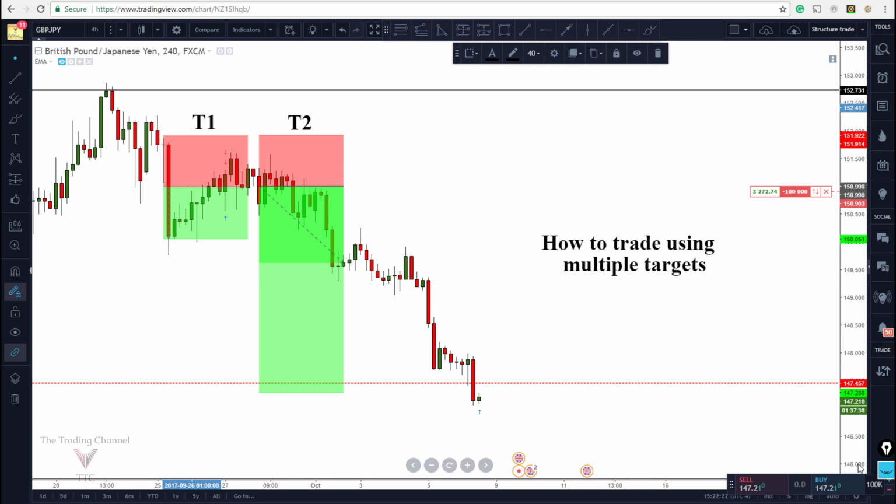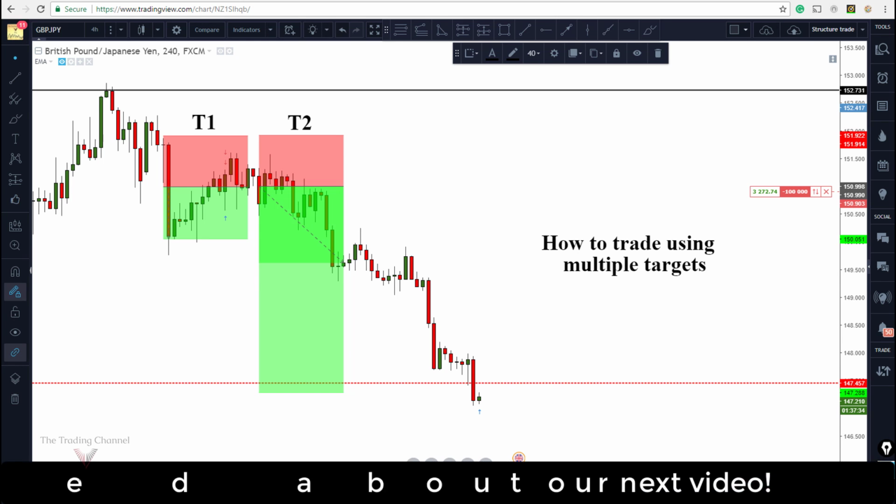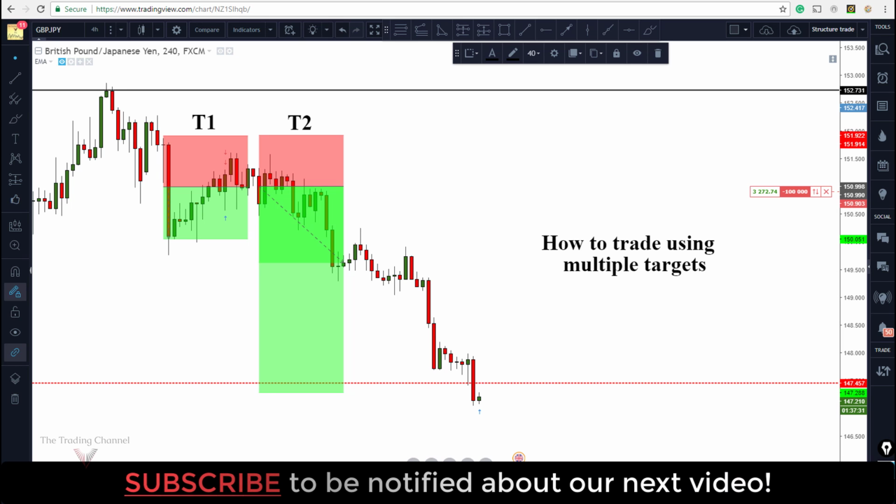How do you trade using multiple targets? That's a question we're going to answer in today's video. We're going to be talking about how to actually open the trade that you plan to take multiple profit targets on, and we'll even dive a little deeper into what market conditions you may need to take into account when